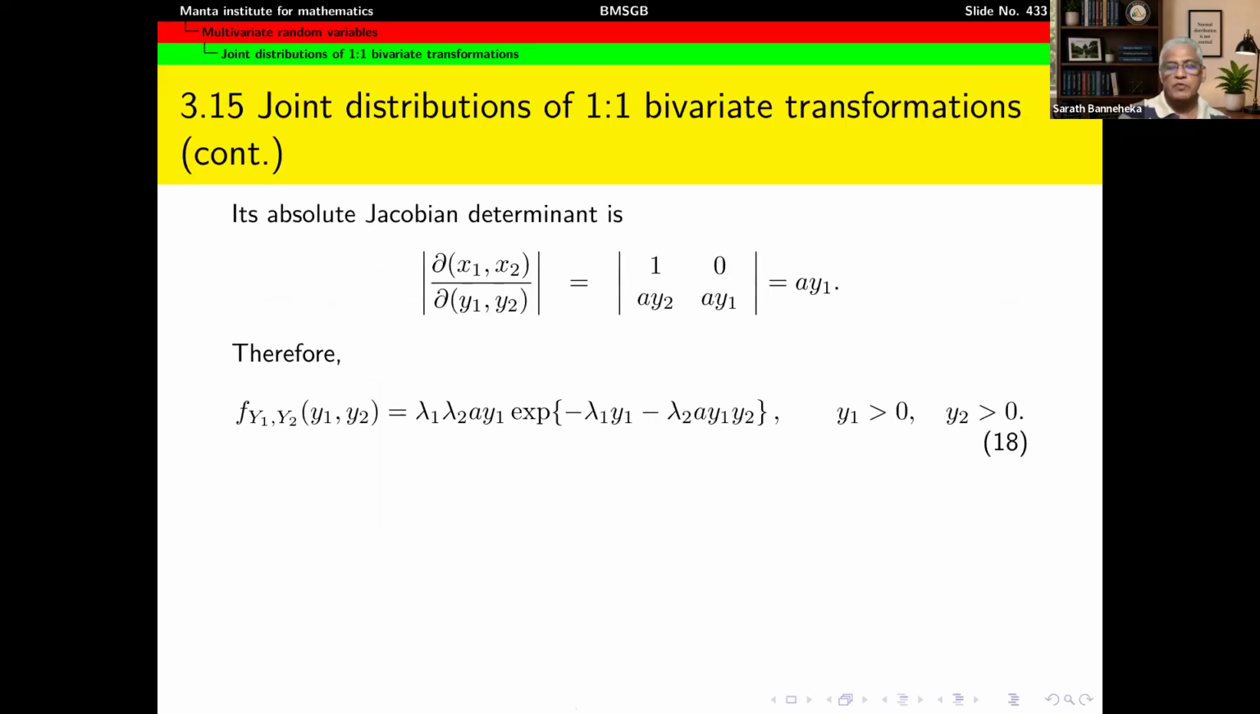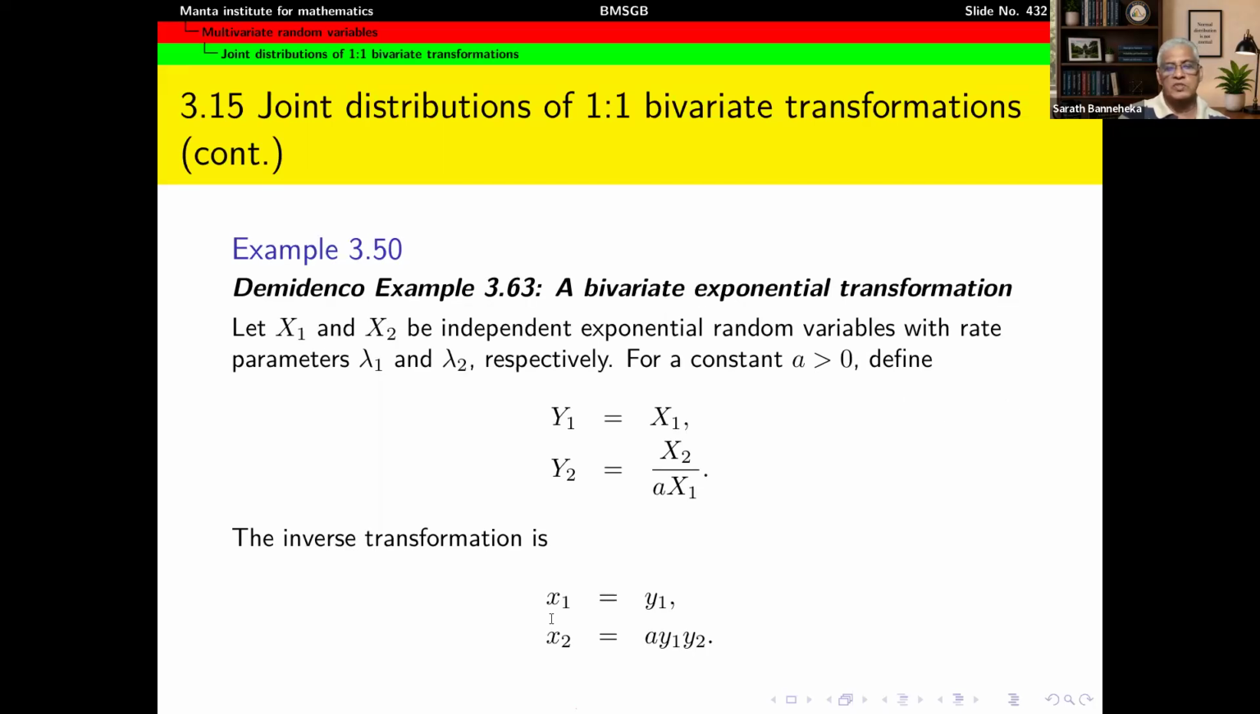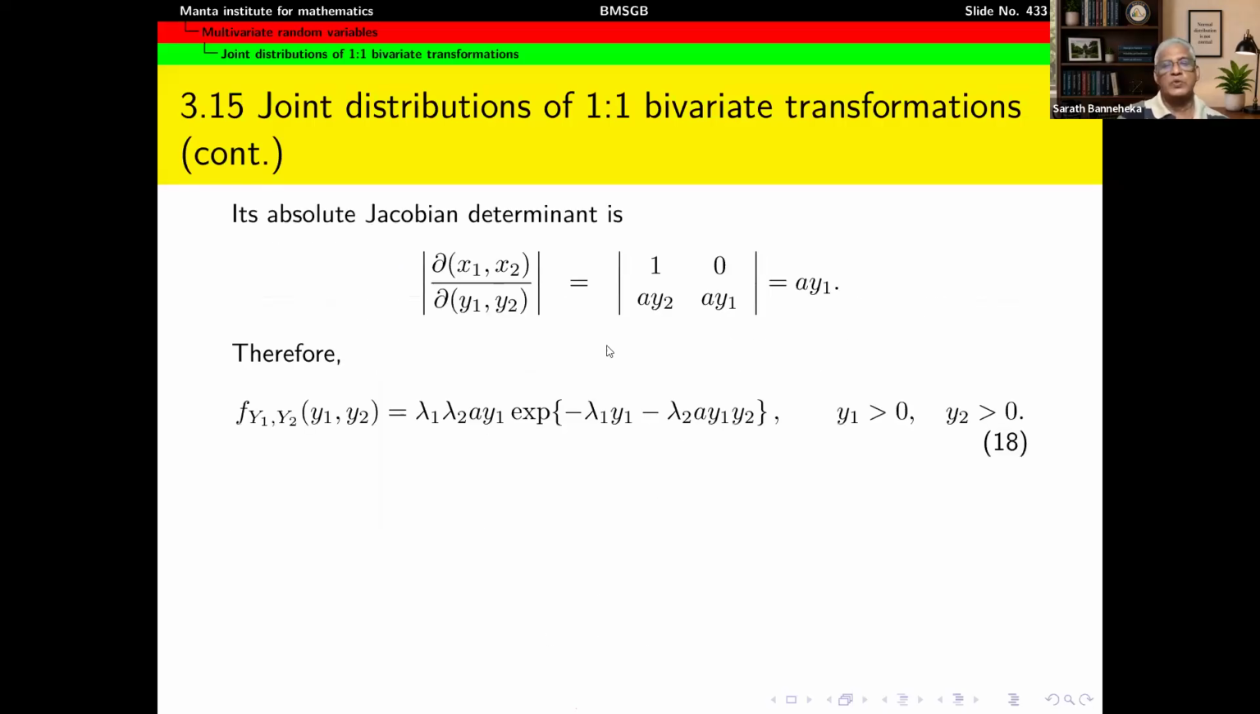And then we need the Jacobian. For the Jacobian, we need the derivative of x1 with respect to y1 and with respect to y2. That will be the first row. And then the derivative of x2 with respect to y1 and with respect to y2. That will be the second row. So that will give you these values. When you take the determinant, it's going to be 1 times this minus this, that is a times y1. Since y1 is always positive here, this is positive, so there's no need to consider the absolute value. Therefore, if you directly apply the formula, you get the joint density of y1, y2 equal to